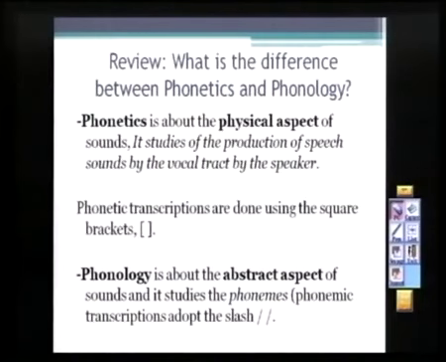Good? So phonology and phonetics both deal with sounds. But why do we have two branches of linguistics to deal with sounds? Because one of them deals with the physical aspect, and the other deals with the mental aspect of sounds. Do you see why we have two branches of linguistics and not one? Both of them deal with sound, but they must have differences if we do have two branches. Good? Do you have any questions about this? We talked about this last time.